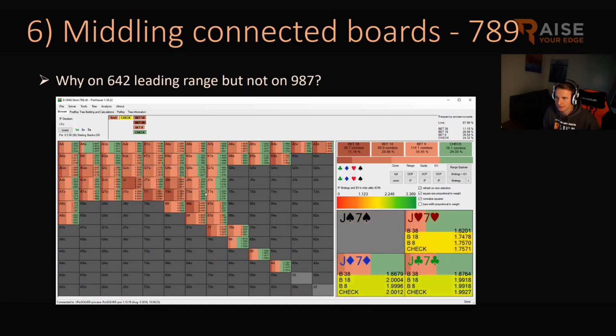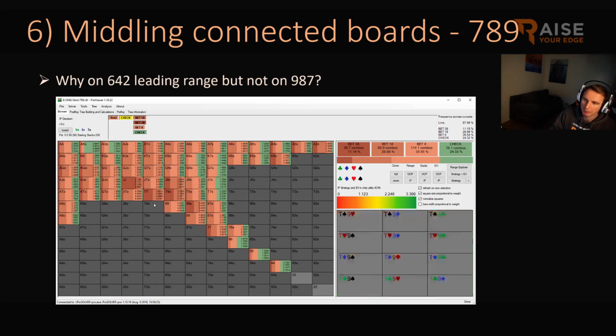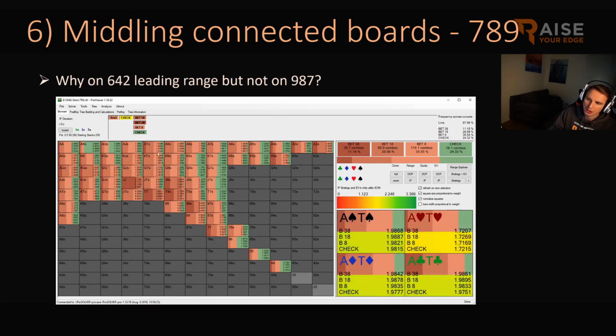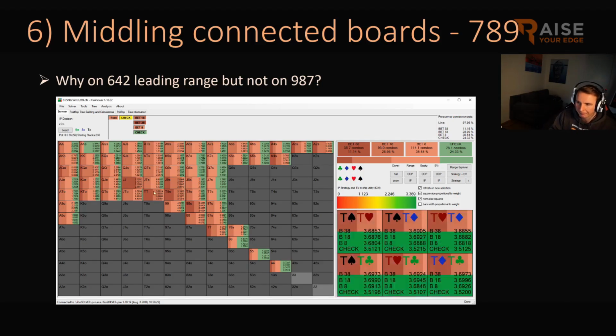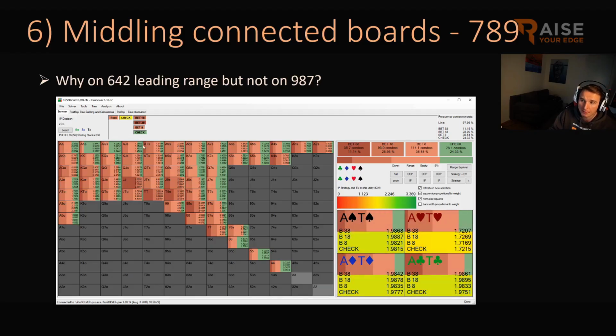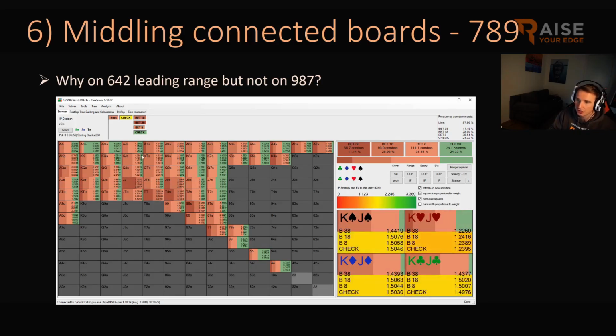Let's see if we recognize any other patterns. I would simplify in a way that I check back my middle pairs. I want to check back with a higher frequency my over pairs. I'm going to check back some king tens, queen tens, and then I'm going to be protected. Like, I will hit some kings, I will hit some queens. You don't need to be afraid that you're unbalanced. Just a very logical approach of, all right, I check back my second pairs, I check back some weaker draws. I'm going to be betting some draws, especially those ones that are strong enough to go broke. If you have 10-9, if you have 10-8 suited,